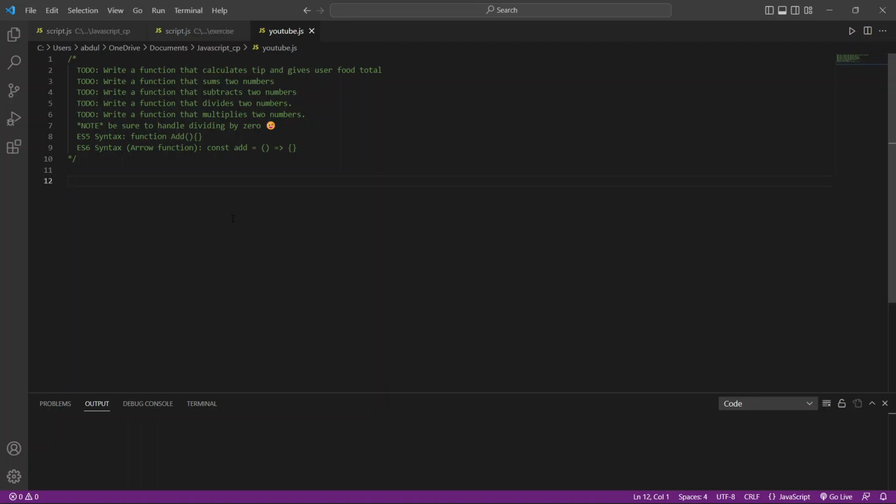youtube.js. Okay, so for our tip calculator, I'm just going to use a function name, and then I'm going to call it calc. I've already created a function before, so I'm going to call it calc sum total. Okay, let's name something meaningful. Let's say calc